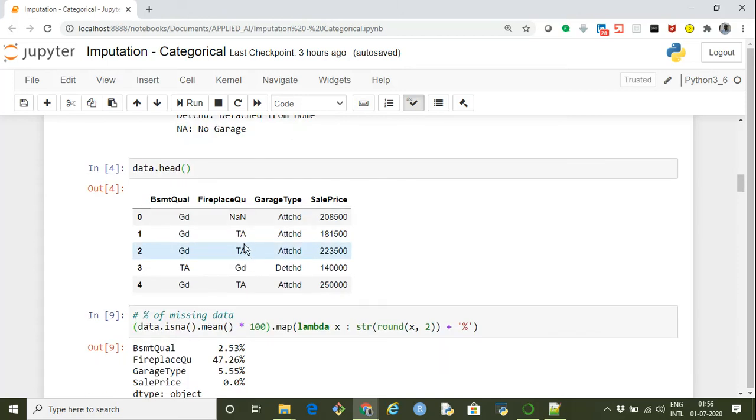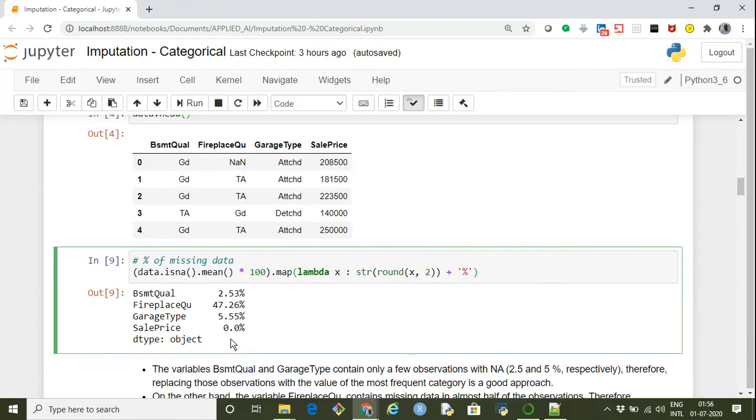Okay. Now the first thing we are going to do is find out the percentage of missing data for each of these columns. So again, to find out the percentage, we use data.isna().mean(), and just to convert it into percentage, I'm multiplying it by 100. Whatever output I'm getting, I'm using the map function, converting it into string and then concatenating a percentage symbol to it.